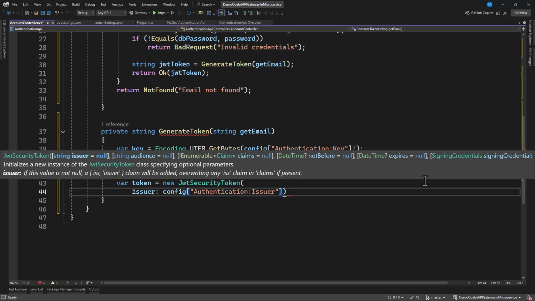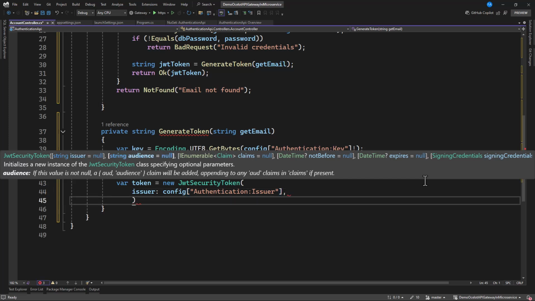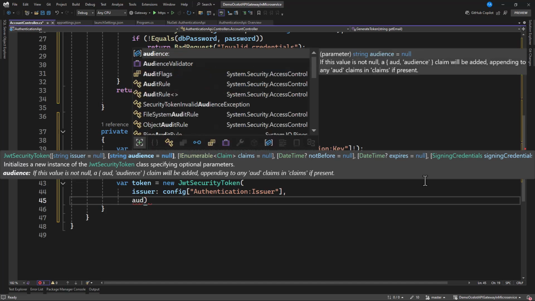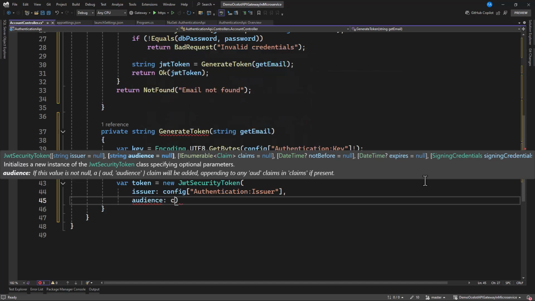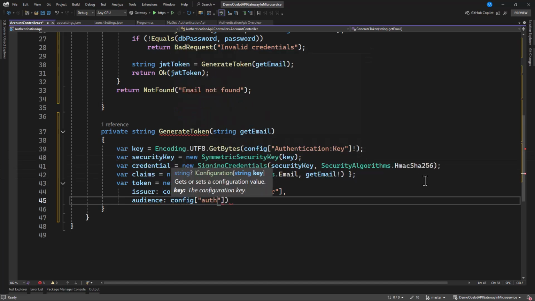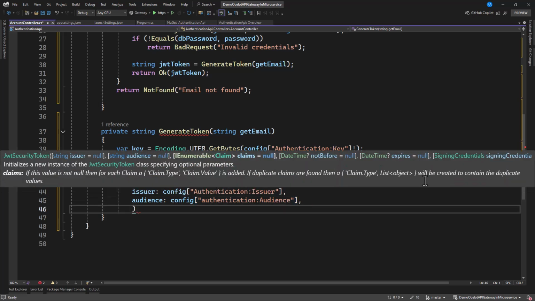Then we need to specify the audience as well, and the same config. We have our authentication, then we have audience. Then what do we need again?